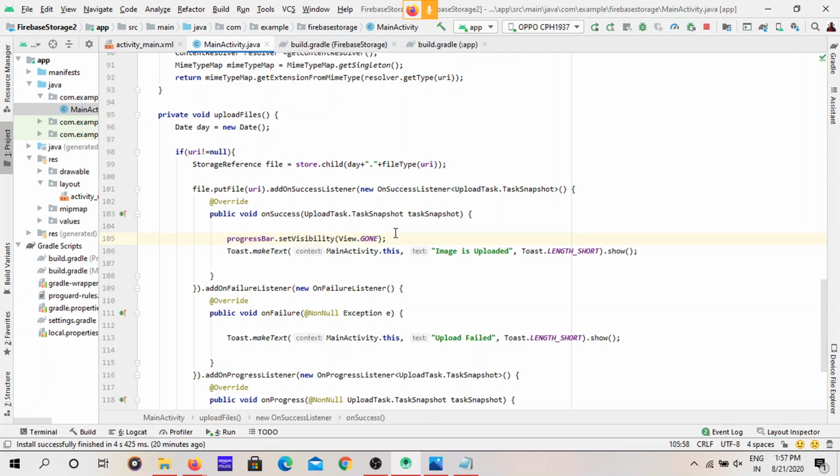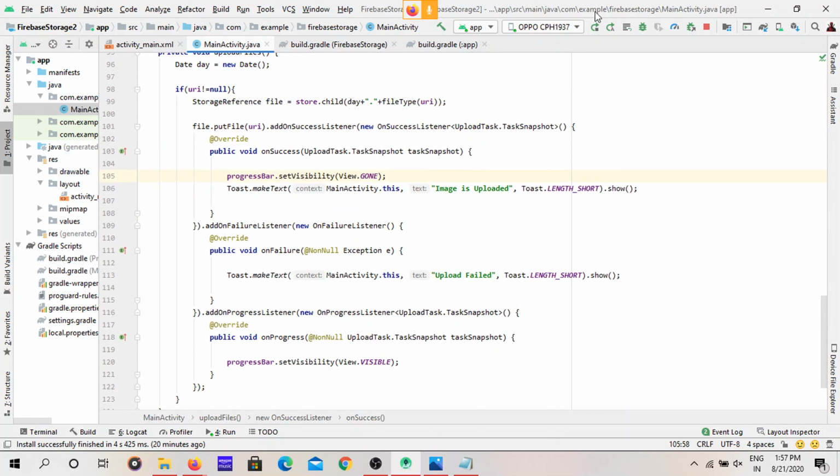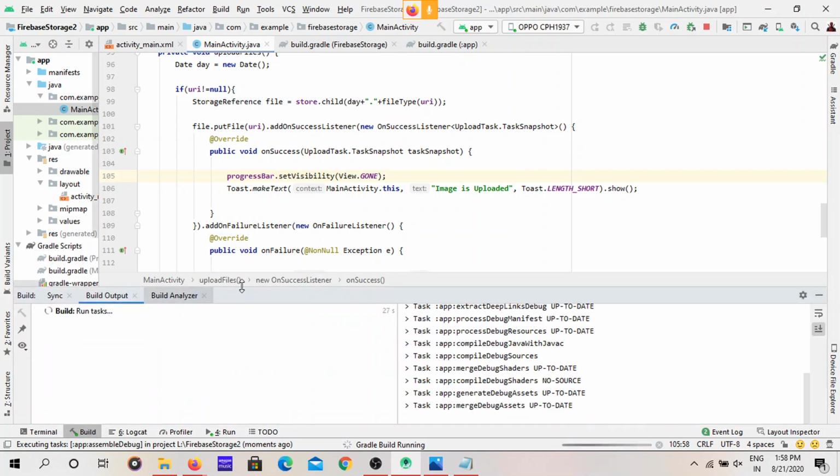Okay, now let's run the application. We are ready to push the images to our database, to our storage services. Now just run the file. The Gradle build is in process.